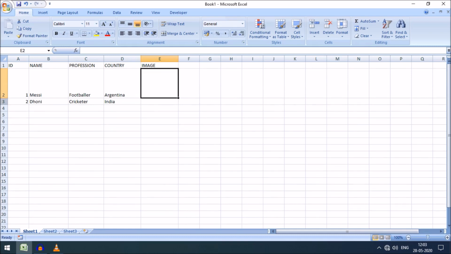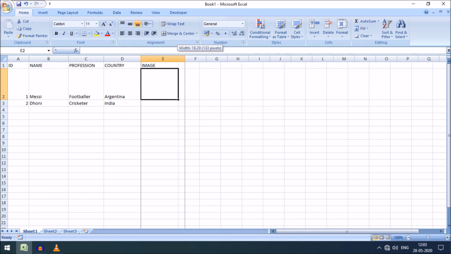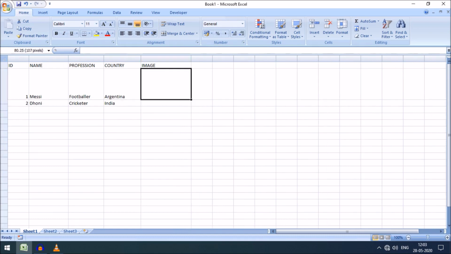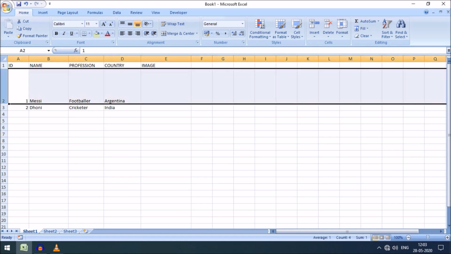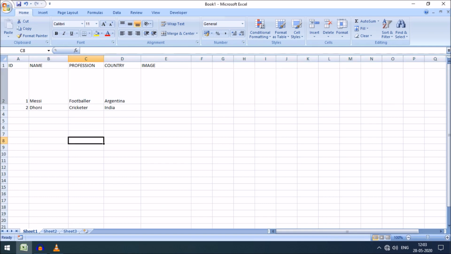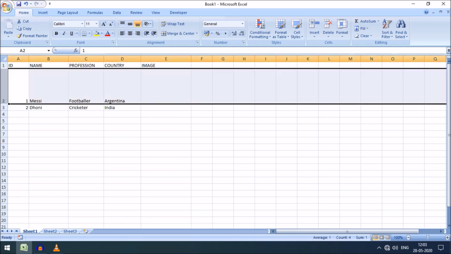enlarge the row height and column width, just like this, or you can take it up to this. So I want the image of Messi to be inserted here. And friends, I also want every row of this sheet to have this row height, and for this I can select the row number of this sheet. Here it is row number 2. Just click on this 2, the second row, and I want this row height to be